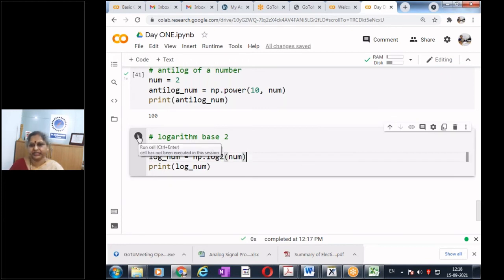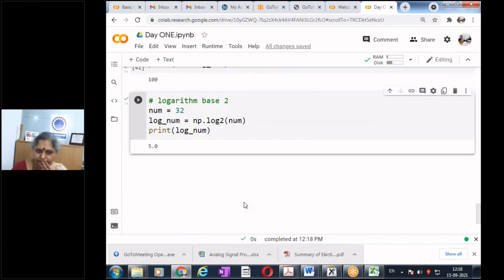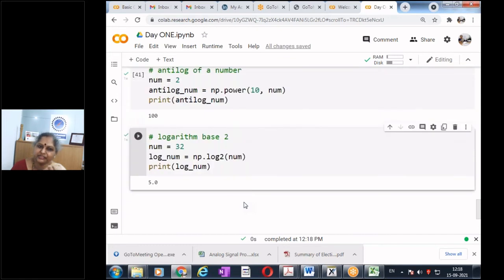What do you think we should get as the answer? This is log base 2. What is 32? 32 is nothing but 2 to the power of 5. Similarly, now suppose I want to do an anti-log of a number, how does the function change?